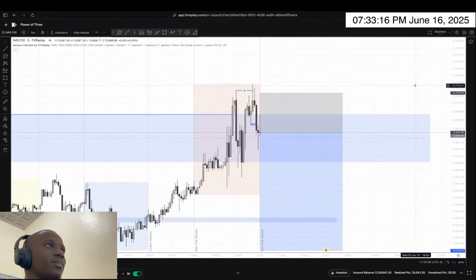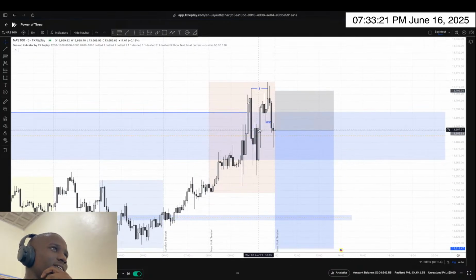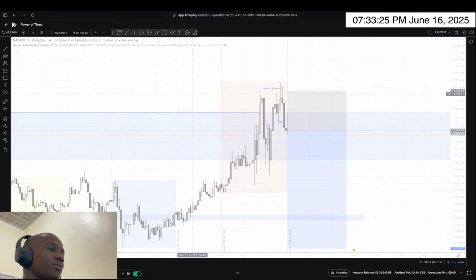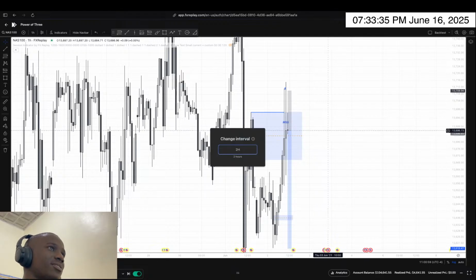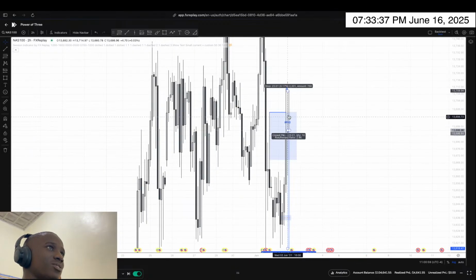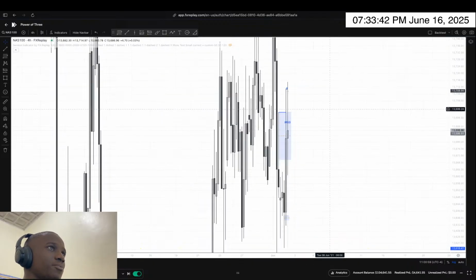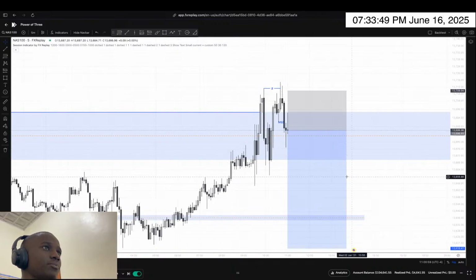Some people might think that, well, we have another block reaction in the 5 minute, but I don't know if that other block would be strong, considering how these wicks on the 1 hour are rejecting. You can see how these wicks are looking. I think I could still take this entry over and over. These have really, really long wicks on the upside, showing me that we might be about to respect this gap and push lower. So this is my time to enter.